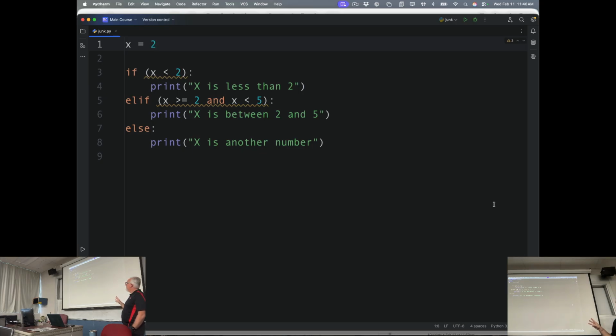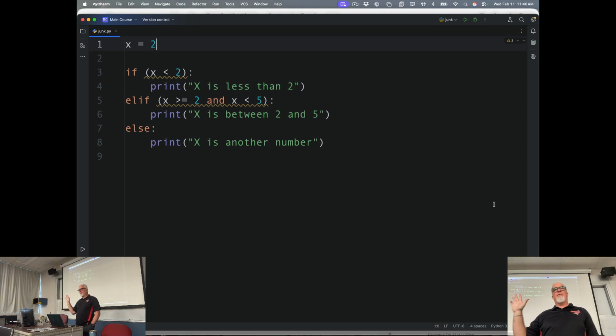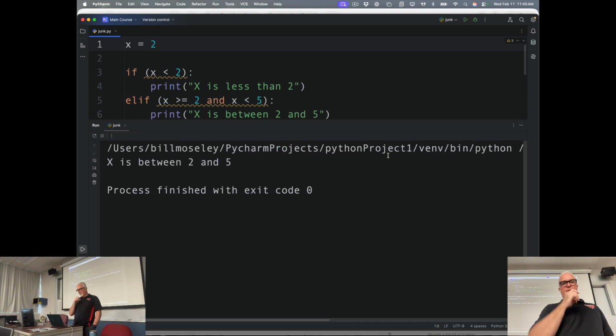Which one? Third one? The middle one? How many people say the middle one is going to print? How many people say the first one is going to print? Okay. So it's the middle one again, because right here, what's an integer that x would have to be in